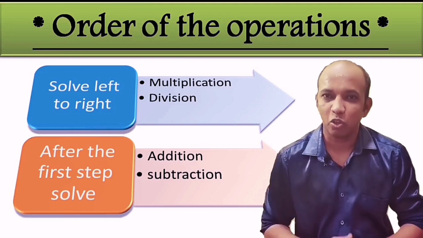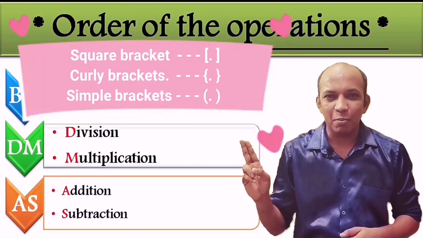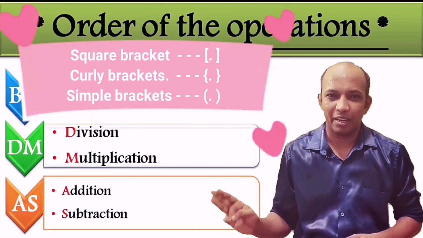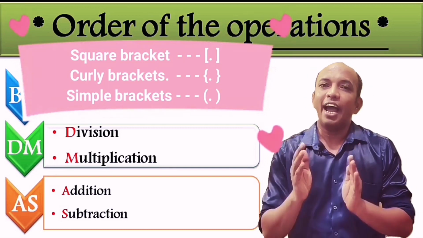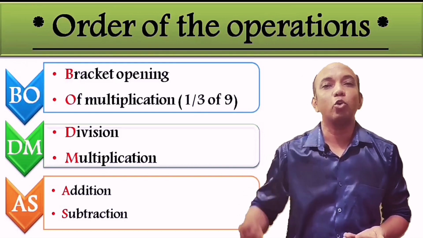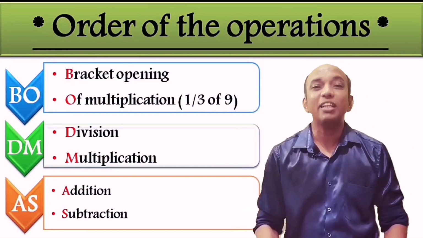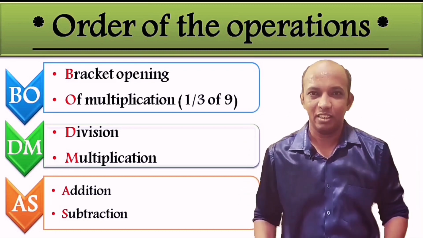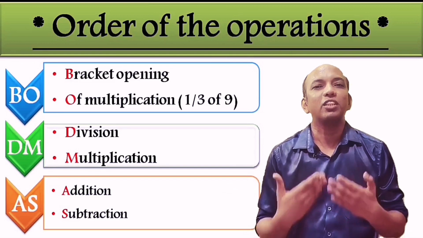Okay, there are three types of bracket. One is square bracket, another one is curly bracket, and third one is simple bracket. If you see any bracket present in the question and in that bracket more than one operation is there, then again we have to follow the first two steps while solving it. Do not forget it, and we have to begin the solving by opening the brackets. These rules or steps will make more sense if we try to solve the sums.